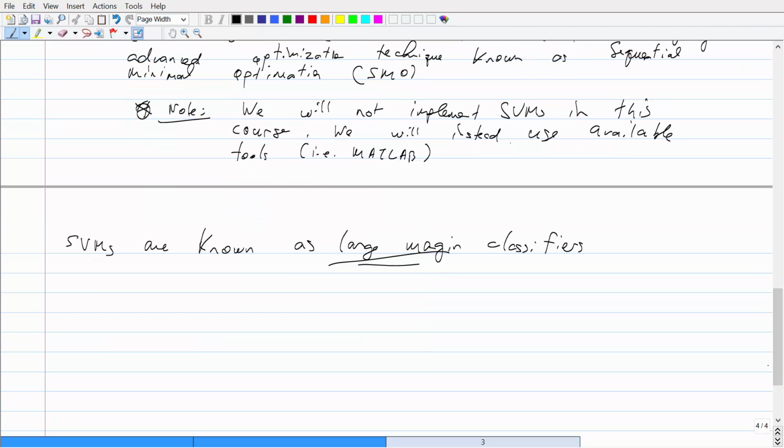Okay, large margin classifiers. So what I mean by large margin means